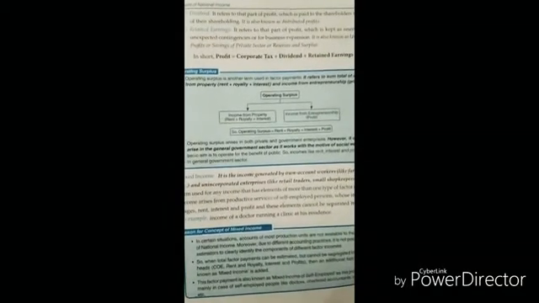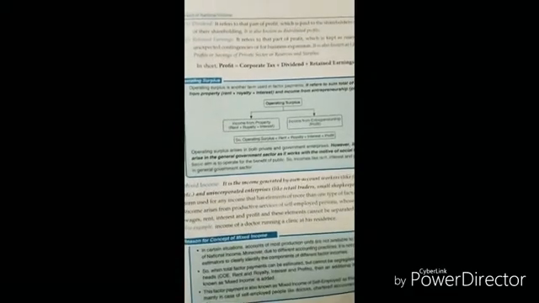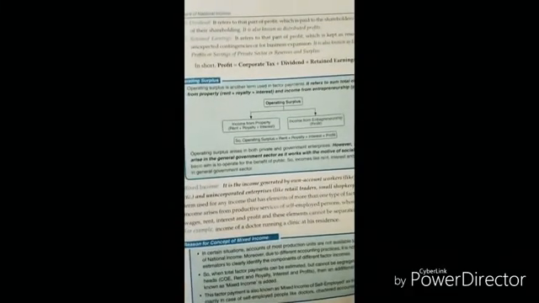This is known as corporate tax. Next, we have seen that corporate tax is a part of profit. Again, dividend is also a part of profit. It refers to the part of profit which is paid to the shareholders in the ratio of their shareholding. So dividend is that amount, or you can say it is a distributed profit, which is given to the shareholders in the ratio of their shareholding.